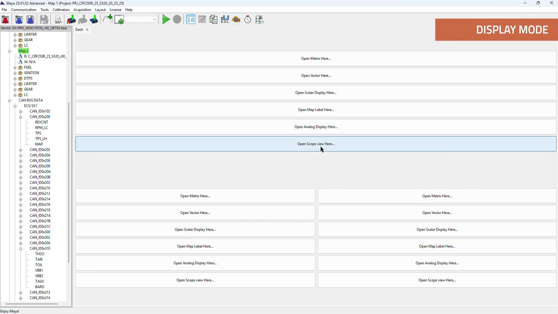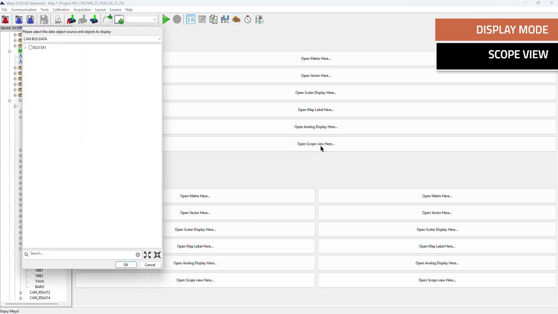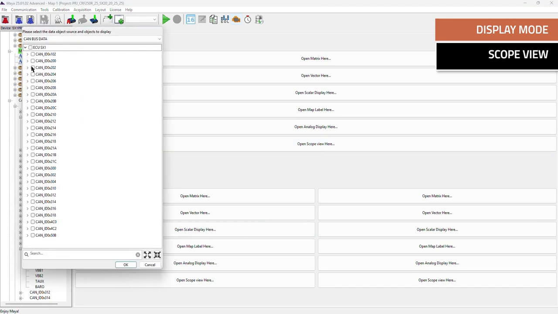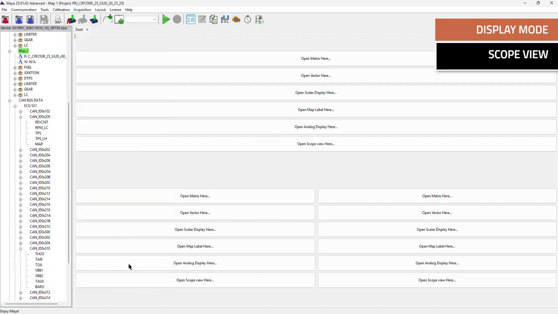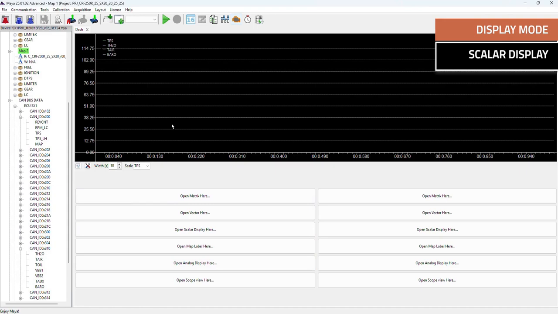One type of visualization is the scope, where we can actually view, as a function of time, the trend of the quantities we select as waveforms on an oscilloscope.